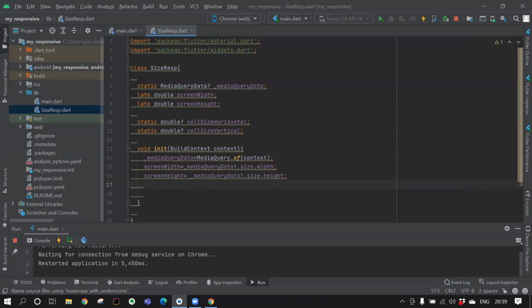Now we need to find out the cell size horizontal and cell size vertical from the screen height and screen width. We'll firstly find out the cell size horizontal. Since I told you earlier also, we will divide the screen width into 100 parts.